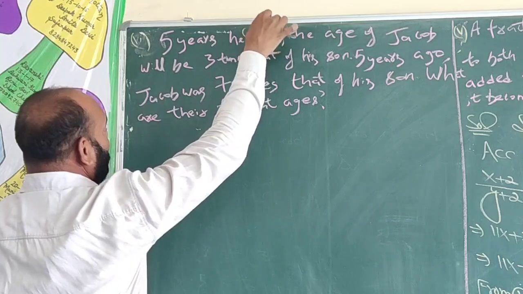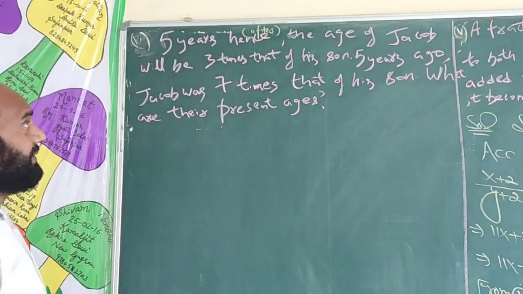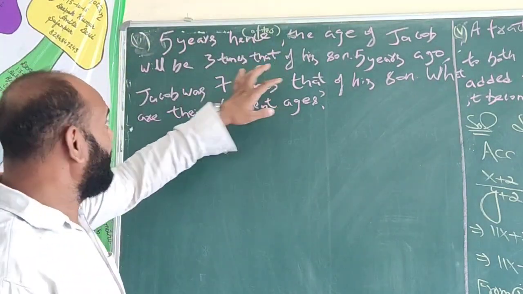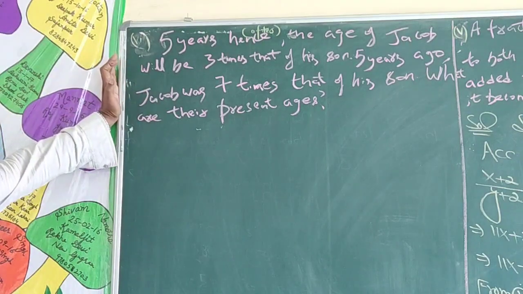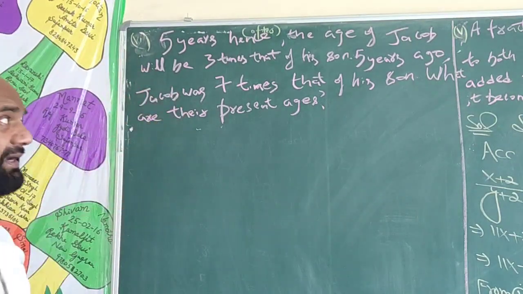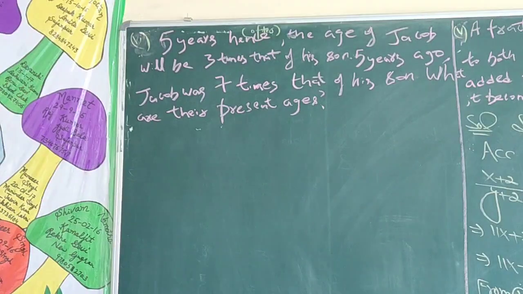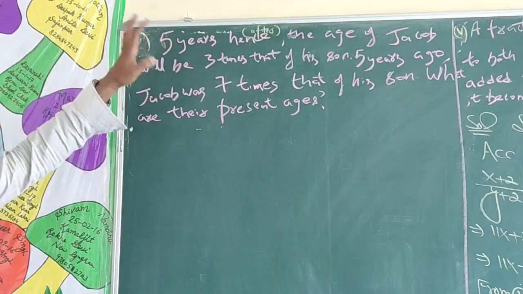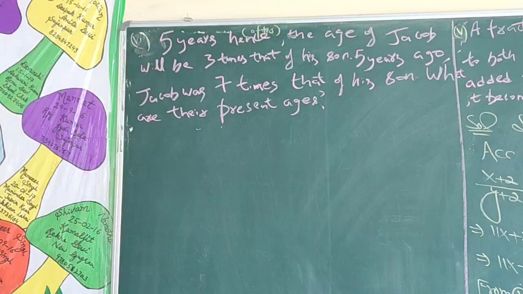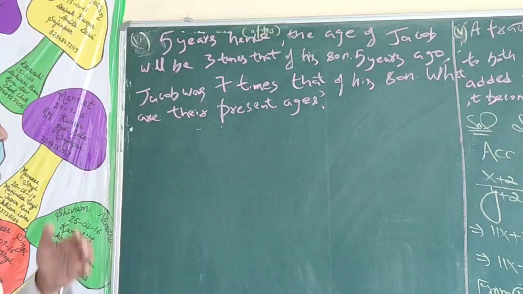Five years hence, the age of Jacob will be 3 times the age of his son. Five years ago, Jacob was 7 times the age of his son. What are their present ages? In this question, it is given that 5 years after, the age of Jacob will be 3 times the age